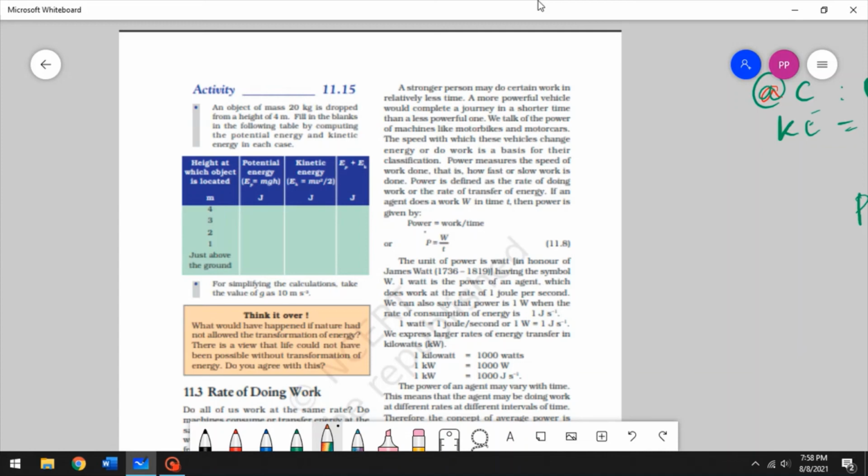I mentioned in one of the previous videos that we never say rate of doing something per time. If we want to mention rate of, we eliminate the time. And if we want to mention per time, do not use rate of. Alright. So here they said power is defined as the rate of doing work or the rate of transfer of energy. In case you didn't understand what I was talking about, the rate of and per time,